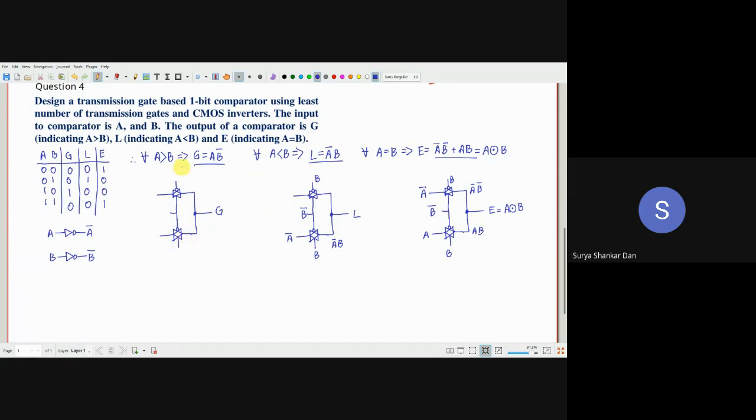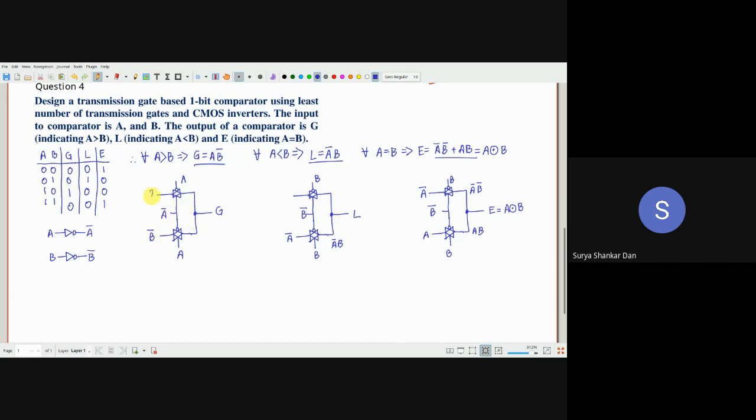Now what to put here? Similarly, let us go for this G also. What is it for G? A B bar. Okay. So here it is A B bar, right? Here let's also put A. If I have used B over here, so let me just use A. If it is A, then it will become A bar. This will become A. Okay. So this is A B bar. So I'll put B bar here.